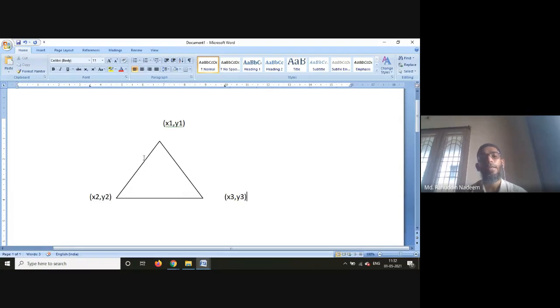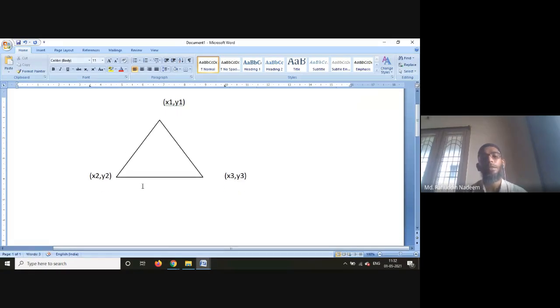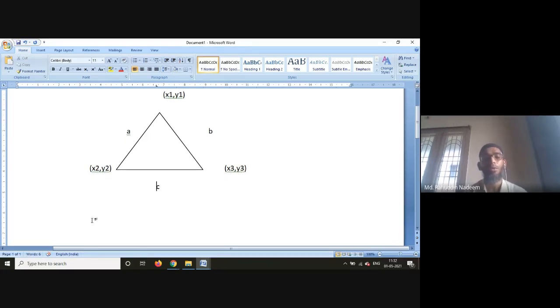So when the sides are given, you know that if suppose these sides are A, B, C. So this is A, this is B, this is C. Then we have a formula for you: square root of s into s minus A into s minus B into s minus C. I hope I'm correct with the formula.